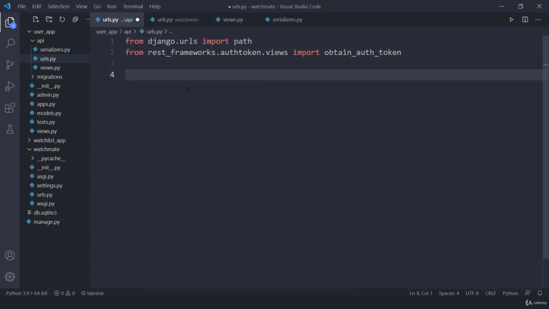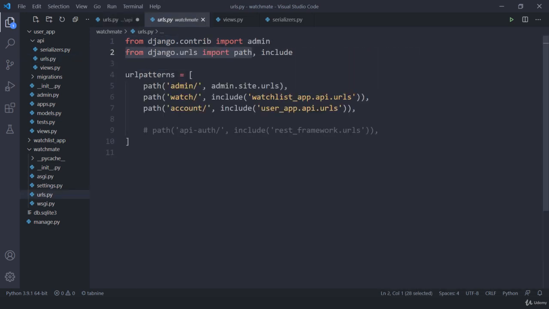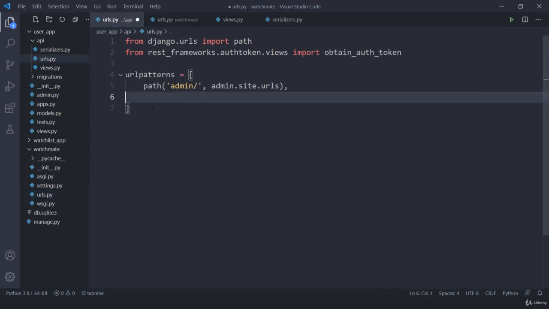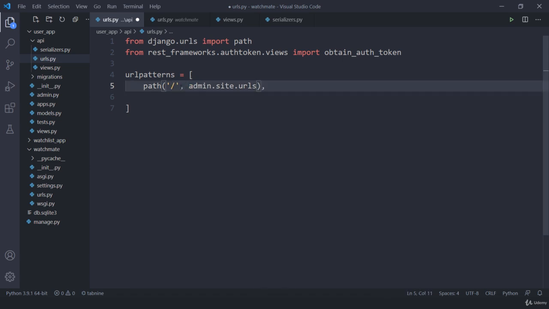Yeah, and then here I need to create a URL pattern. So the link name should be login, and then I just need to use my obtain auth token, that is going to be my views. So I'm going to utilize this, and then I'm going to pass a name and we'll call it login. Okay, this looks fine. Now if I try to access this link,